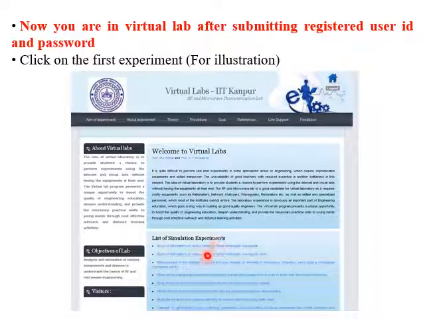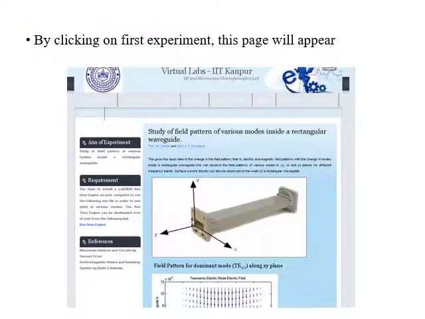So now you can simulate any one of the experiments. For the sake of simplicity, let us choose the first one. If we click this first experiment, it will enter into the first experiment: study of field pattern of various modes inside a rectangular waveguide.